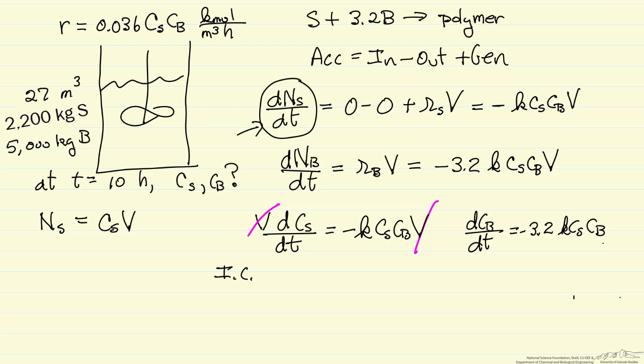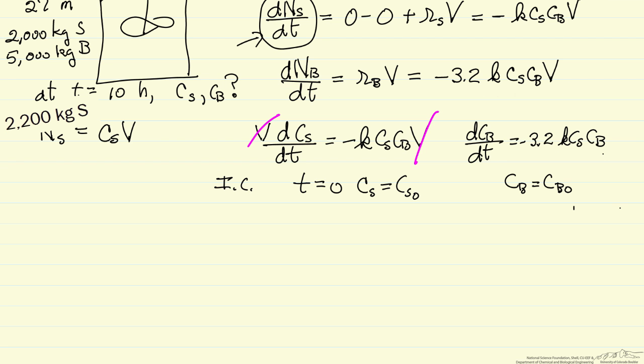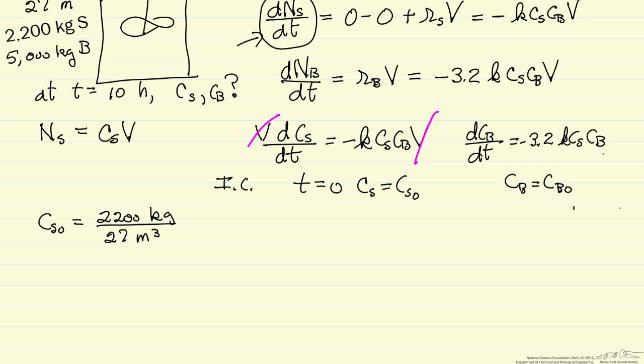And so to do that, we need initial conditions, which means that at t equals 0, the concentration of S is some initial concentration, and the concentration of B is an initial concentration. We're going to have to calculate this from the information that we're given, and what we're given is how many kilograms are added. So the concentration of S initially, we have 2,200 kilograms in 27 cubic meters, so we can